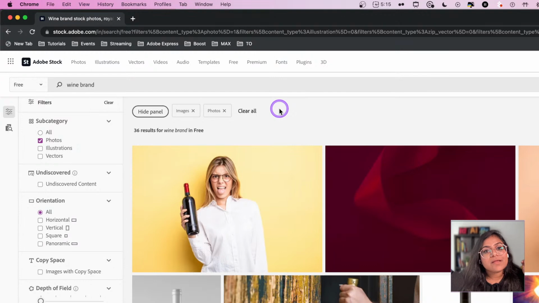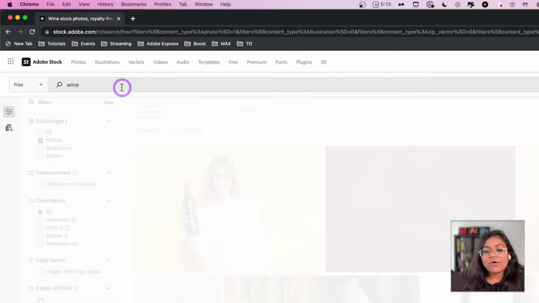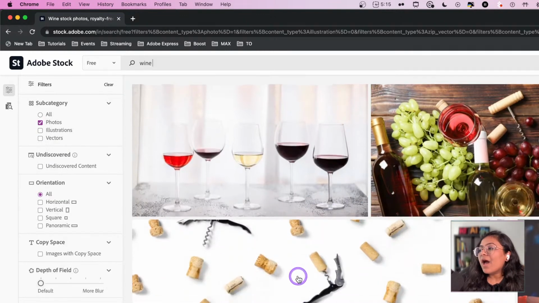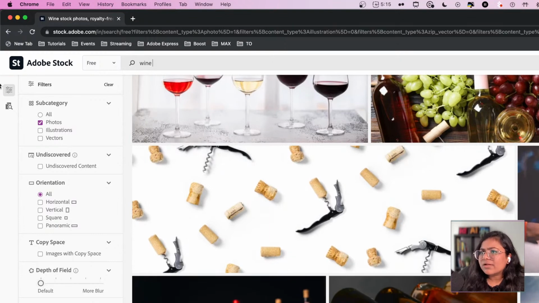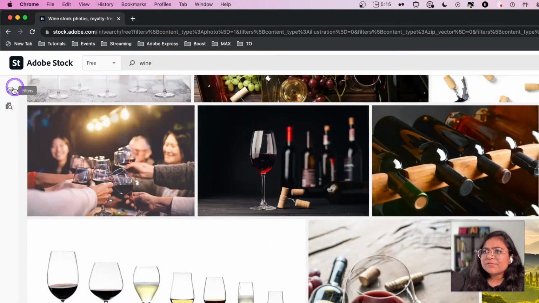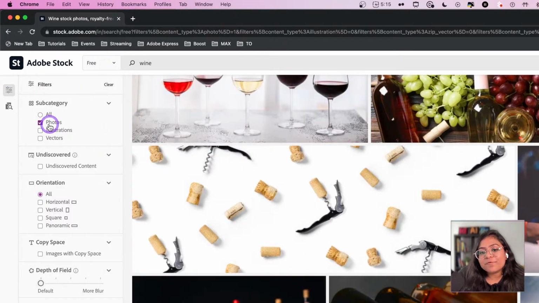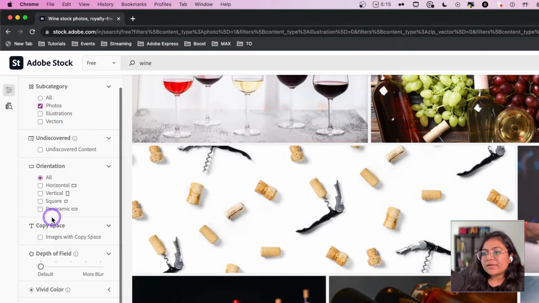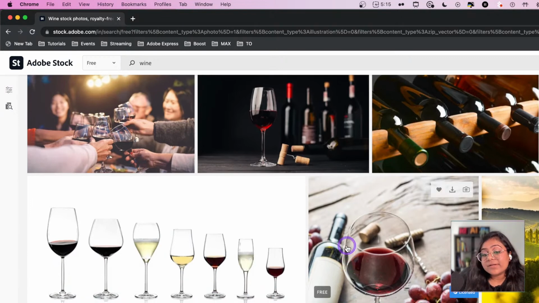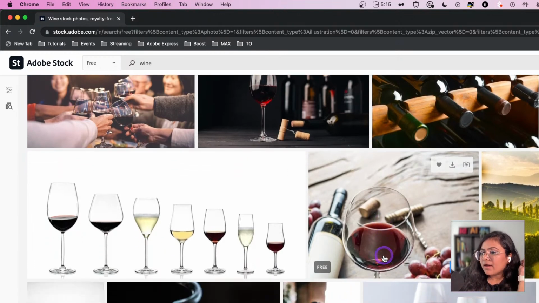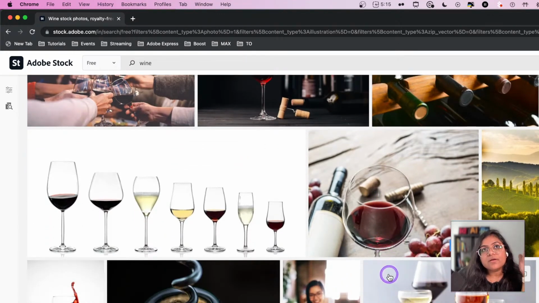stock.adobe.com/free, which is where you can get all of these fun images that I got. So these are all Adobe Stock images, and I saw some of these images and I thought these look really cool. There are actually filters here that you can use. I used the photos filter and an orientation filter, and I was like, okay, maybe I can do something like this. I really like this just because it gives me an insight into the imagery that I can use with the brand. And this stream is